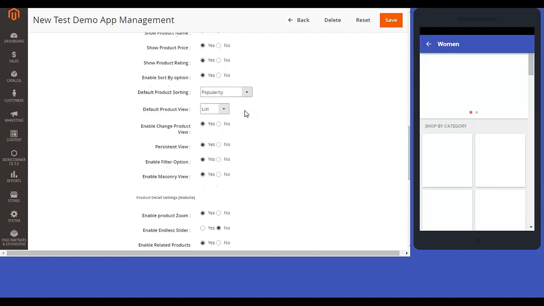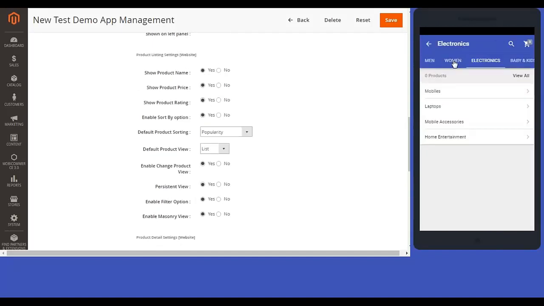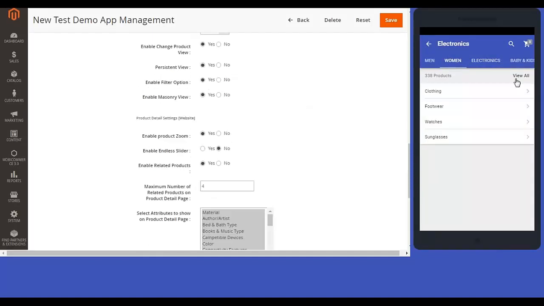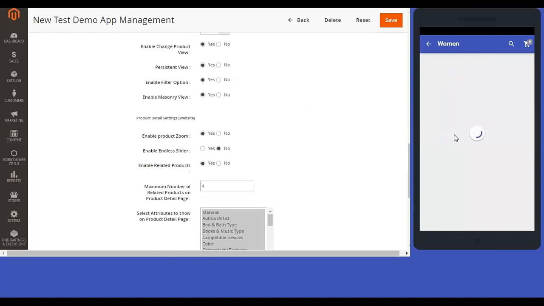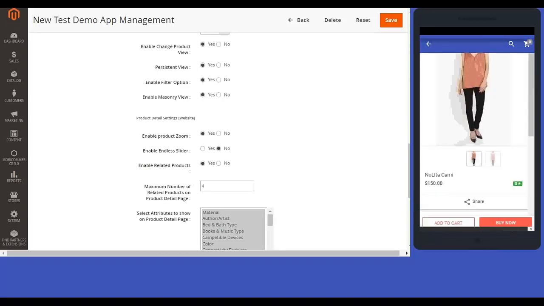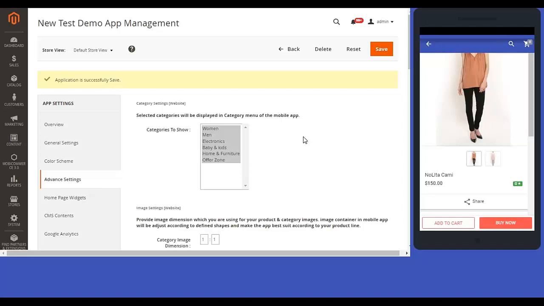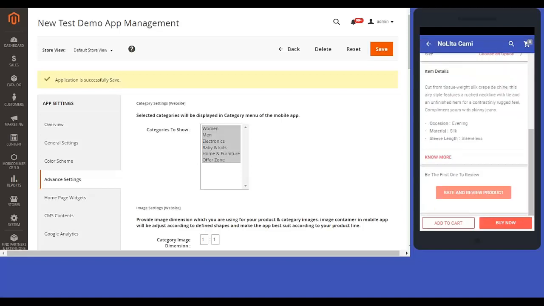This is the product listing where you can manage the features, like do you want to show the product name, and you can even manage the features available on the product detail pages. So even to make your user interface application more easy and simple, you could use these advanced settings so that your app interface will be more simple,